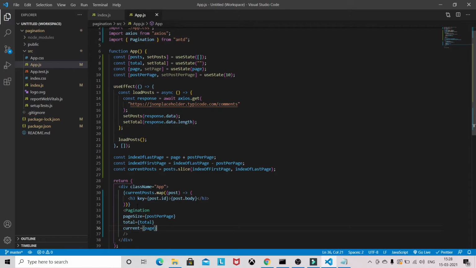First let's see whether our pagination is showing or not.